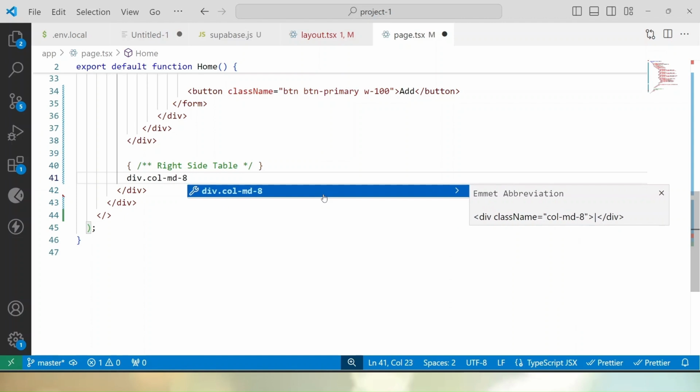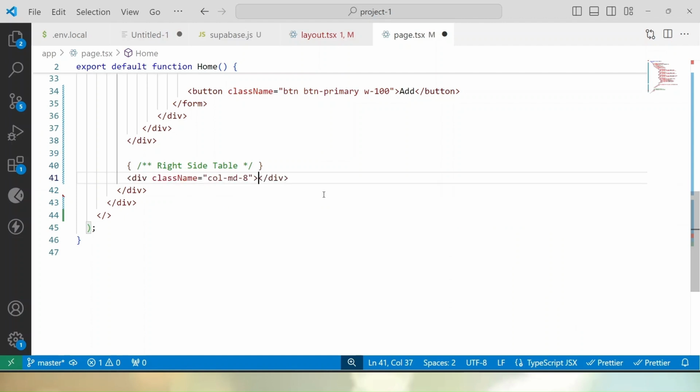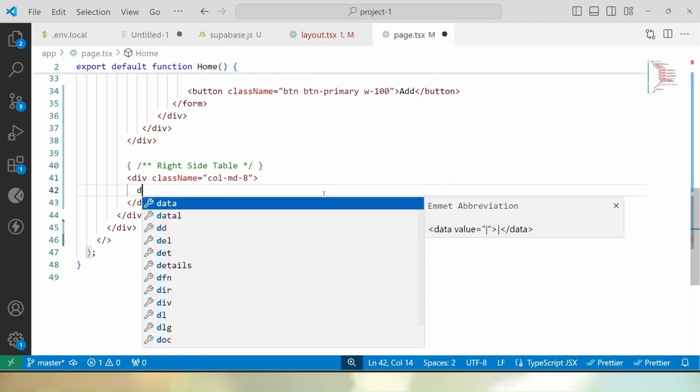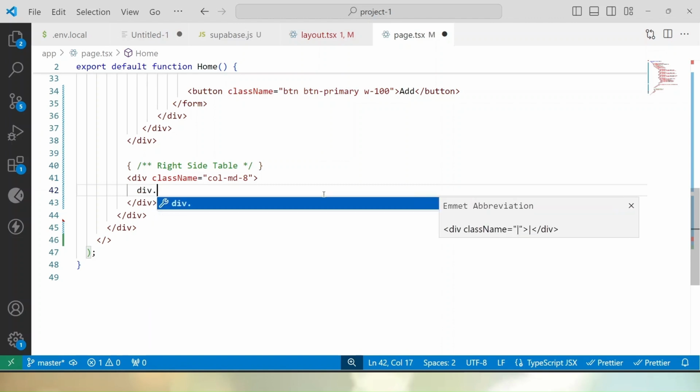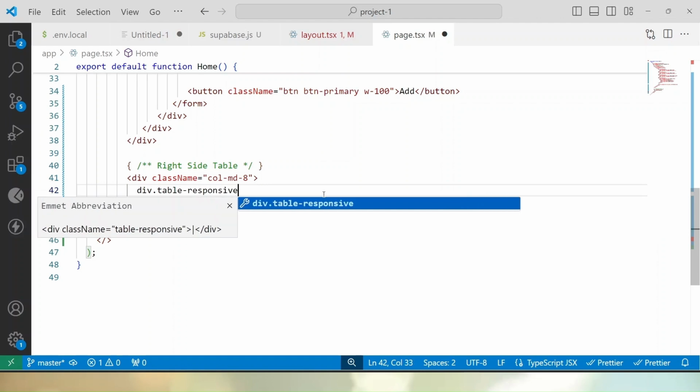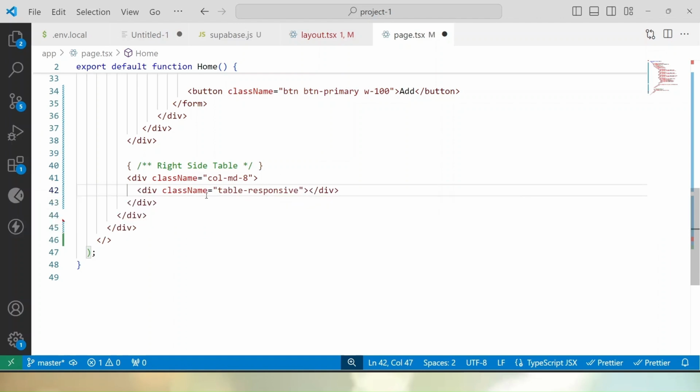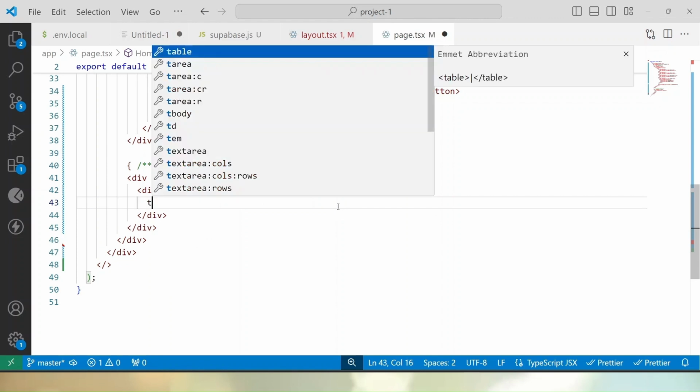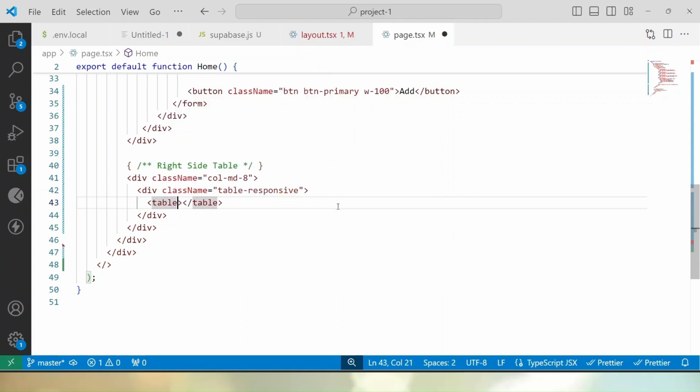And one more thing, if you are not interested in designing by means of this Bootstrap, this is not an issue for this project because in this project, our main focus is to interact this Next.js application with Supabase. So inside this div class, let's add one more div and I will call it table-responsive. Now inside this div, here we have one more div, and inside this div, I will use table tag,